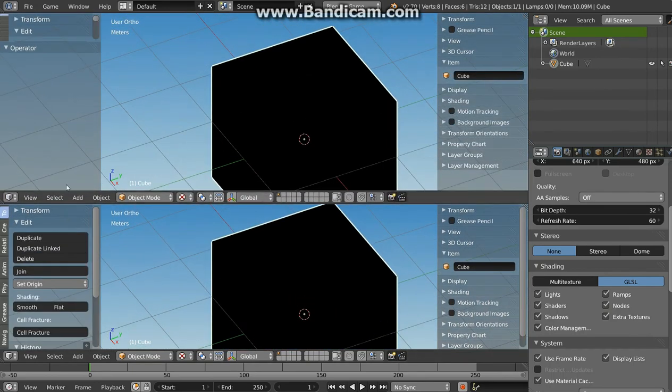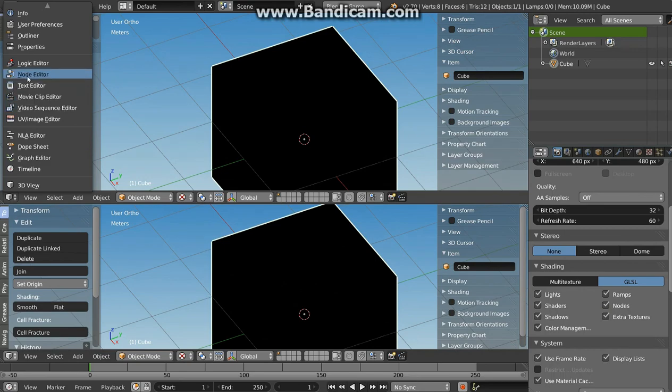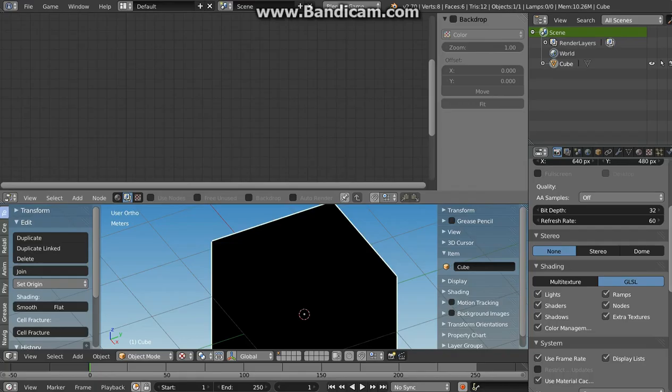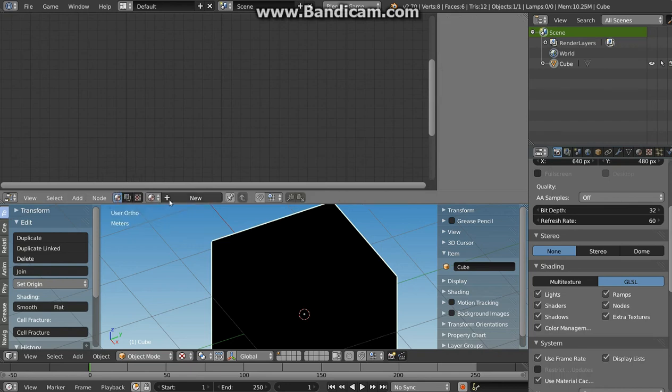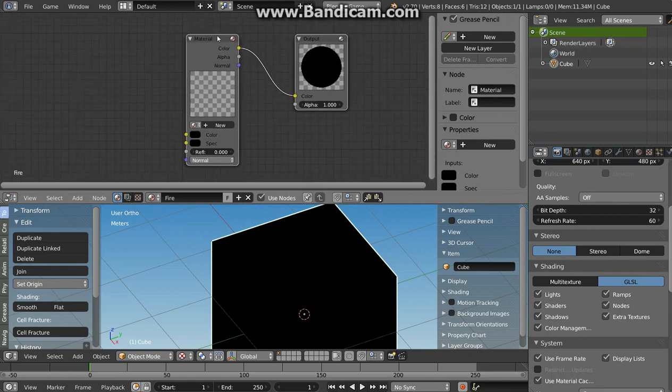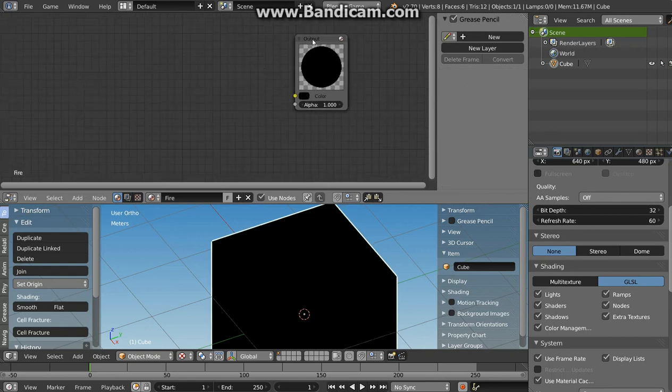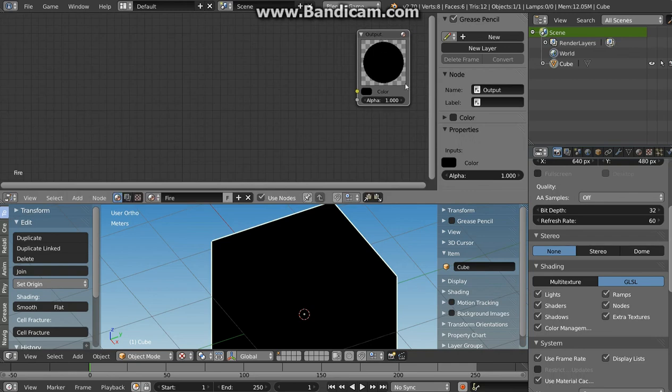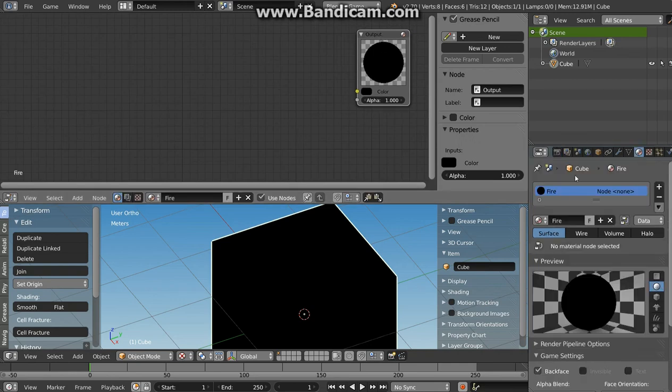Just prepare for making nodes, so go to the node editor and make a new material. Go to the material node editor, select new, name it something like fire, and check use nodes. Get rid of the default material, leave only the output here, and go to material settings,